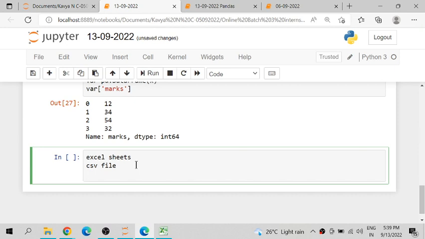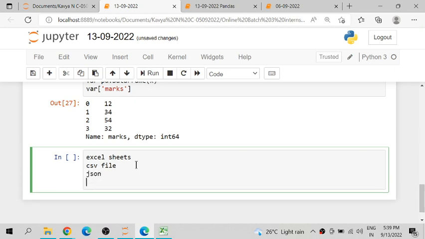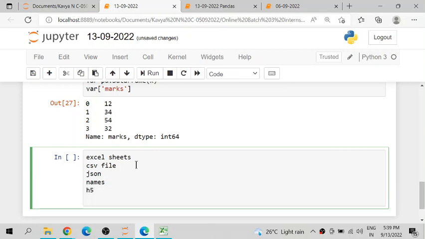We can access JSON files, and names files. We can have h5 files. We can have XML files. So we can read any of the file formats, except the docs kind of files. The majorly used file formats are Excel sheets, like spreadsheets, JSON files, h5 files, and